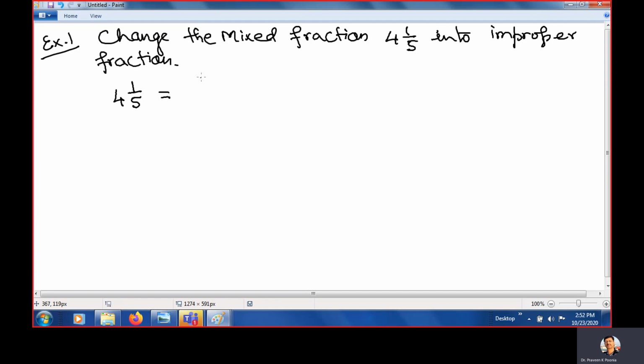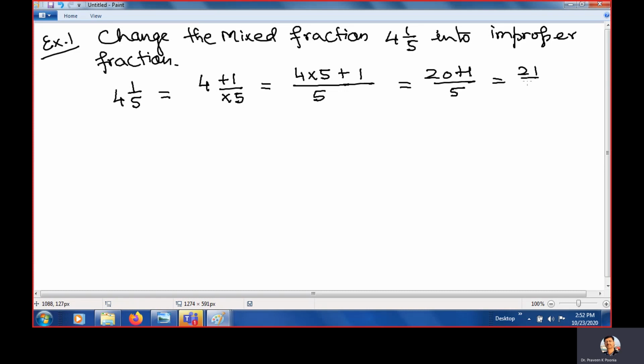Clear? Then here we will write 4, then a plus sign with the 1, and a multiply sign with the 5. This is how we write 4 1 upon 5 is equal to 4, this will be plus, this will be multiply. Now you need to multiply. The 5 will remain here. Clear? Now you need to multiply these two numbers, 4 multiply 5, and whatever is written here, make it plus. So how much is it? 4 times 5 is 20 plus 1 upon 5.